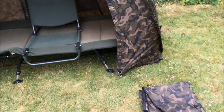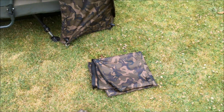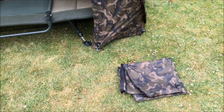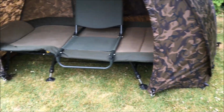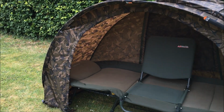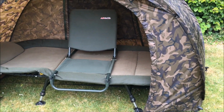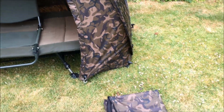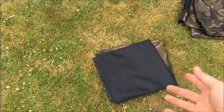So let's start with the extras you get with it. You get two options for doors. You've got a mozzie panel and a completely solid panel. To be honest, I've used the solid panel, but only as sort of a break. I'll put it so far and then peg it out. I've only used it on hot nights, so I haven't needed a full door in the rain. But that will keep you dry, and then if it's a hot night, you can probably just use the mozzie